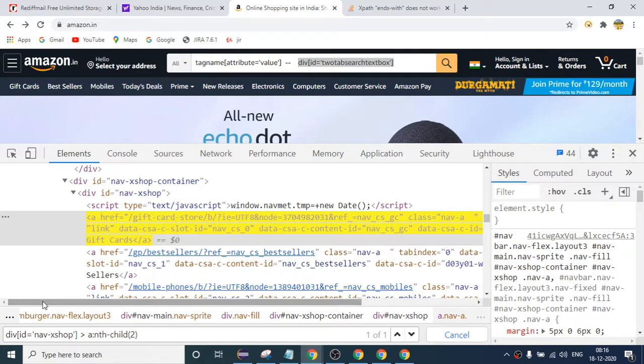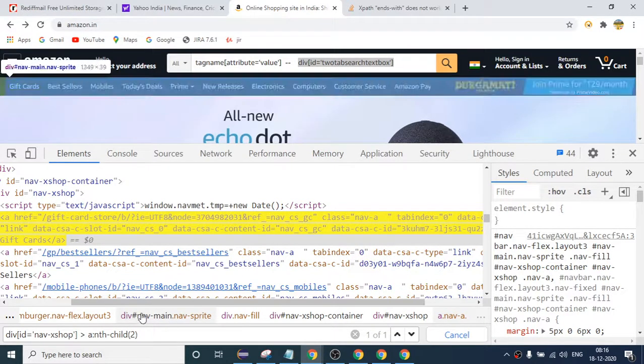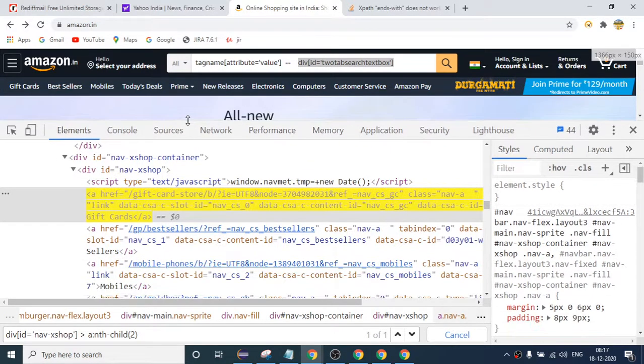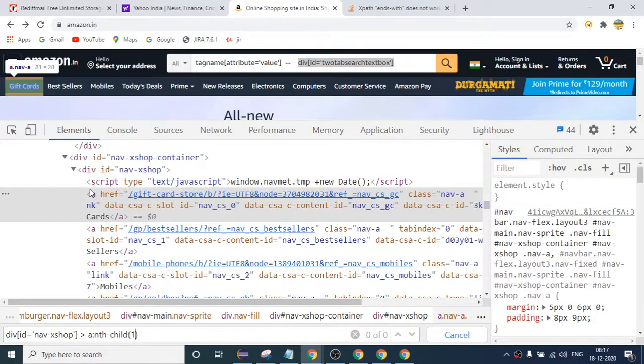How do you move to 2? Because the anchor tag after the script type is the first one, no? After the script type in the child, the anchor tag is highlighting the first one, no? Okay, see what I am saying, if your anchor tag A were present on the first line, then if I had said 1, it would work, but it is present on the second line.